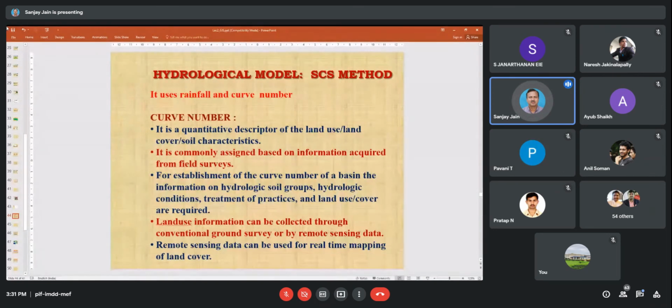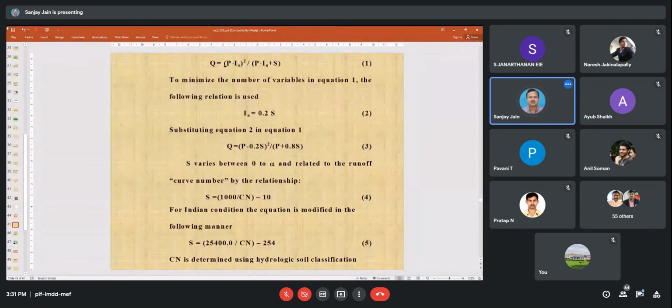So once I have created all these in GIS, I can know the curve number of a particular grid or area. So how can we do that? You can see here. This approach actually computes the runoff on the basis of precipitation, initial abstraction, and surface retention. And surface retention is related to curve number.